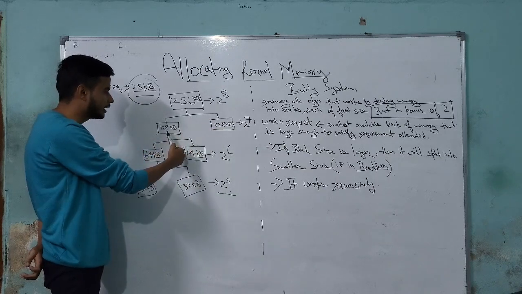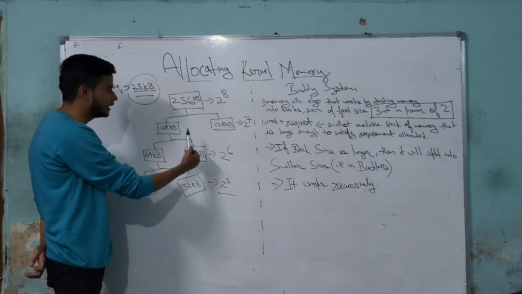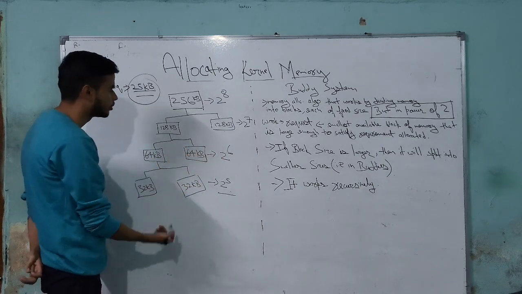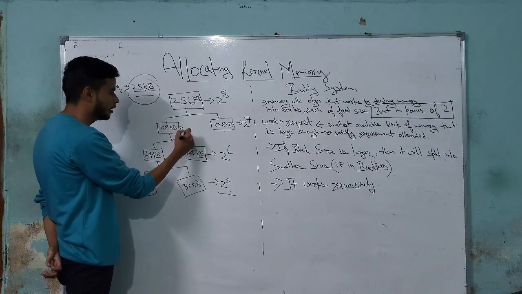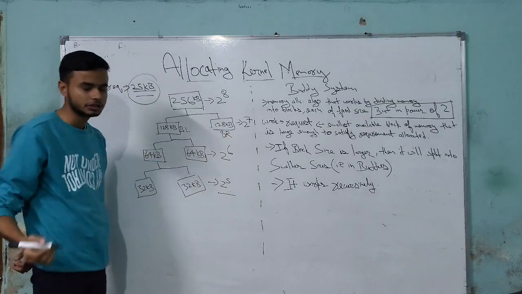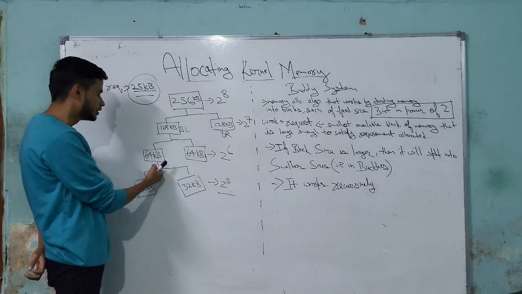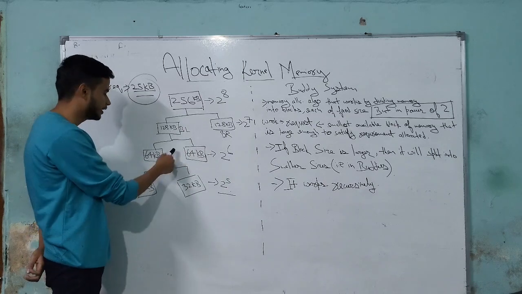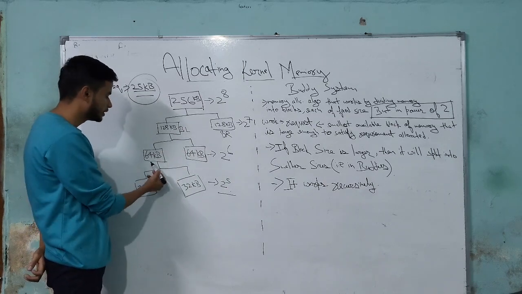Again it is divided into two buddies. These 128 KB and 128 KB memory blocks are buddies. So we can say that it is the buddy which is at left and it is the buddy which is at right. So now again this 128 KB block will be divided into its own buddies, which is 64